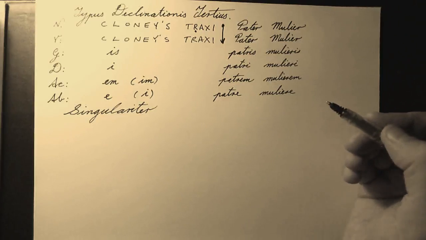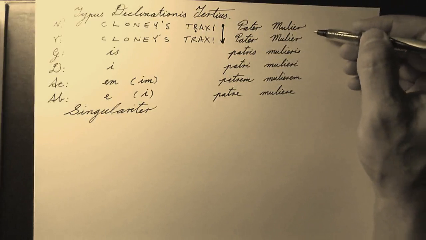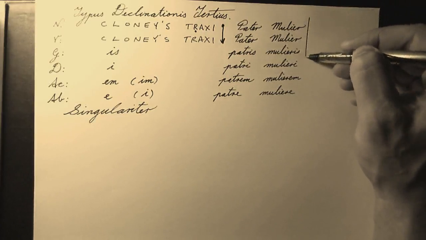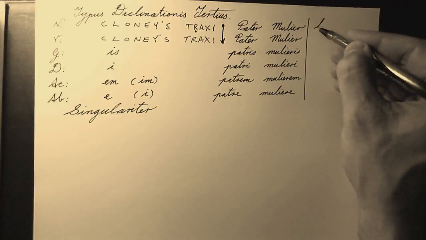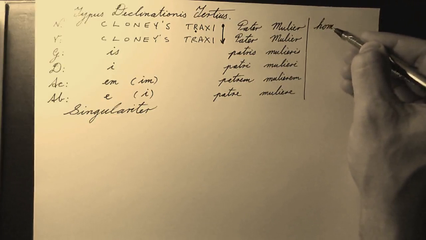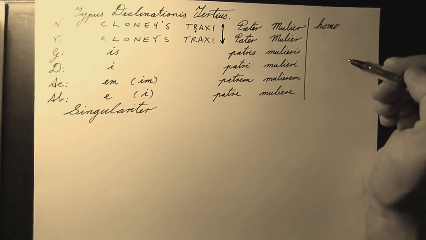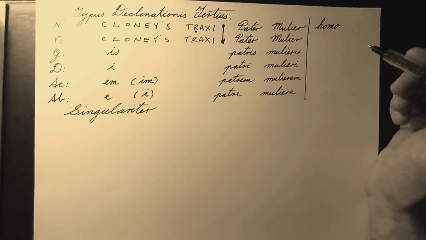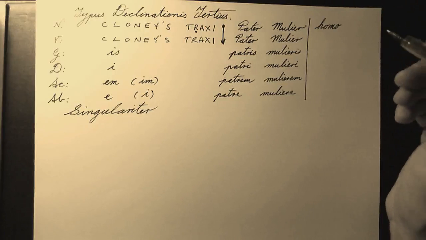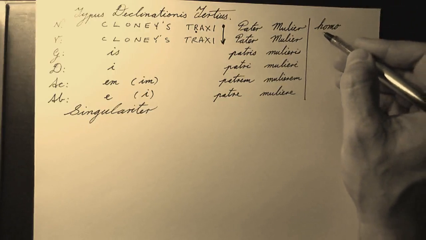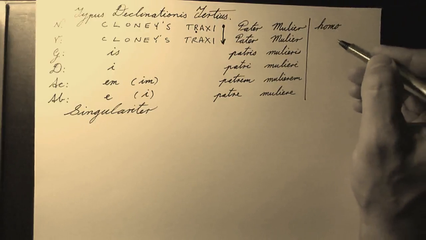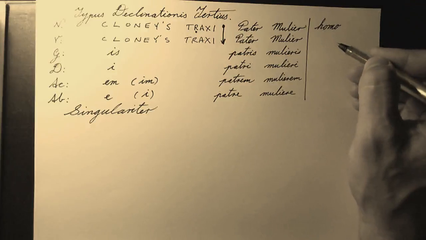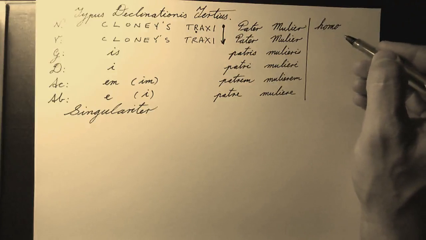Homo, a person, is a subcategory. So let's draw a line here and look at homo. Homo is a masculine word, but it refers to people of either sex. So it's always masculine, but it refers to males and females. It's neuter in meaning, but it is masculine in gender. Homo,